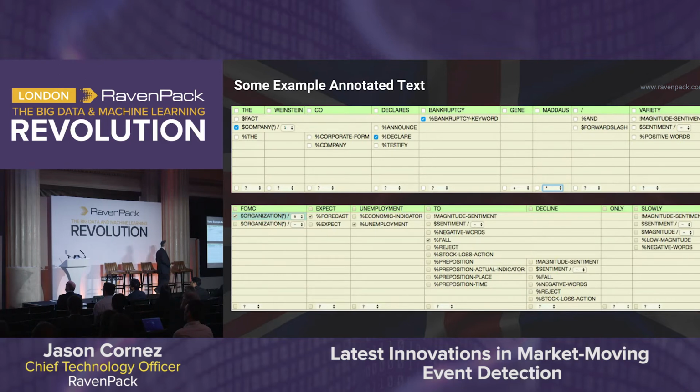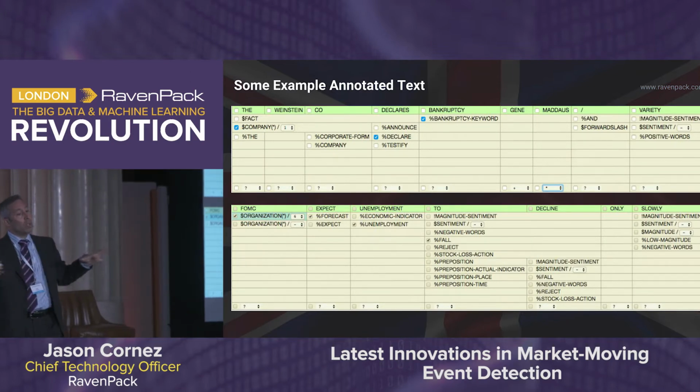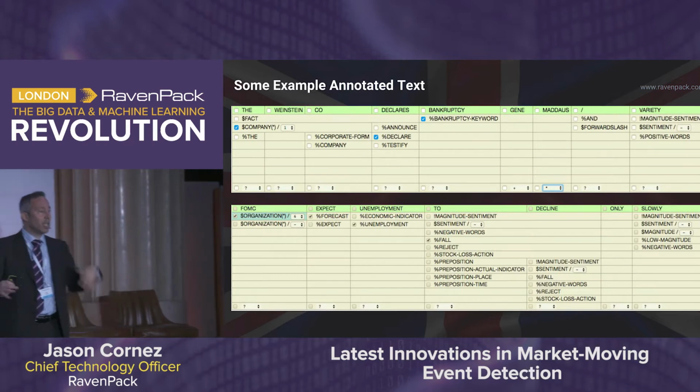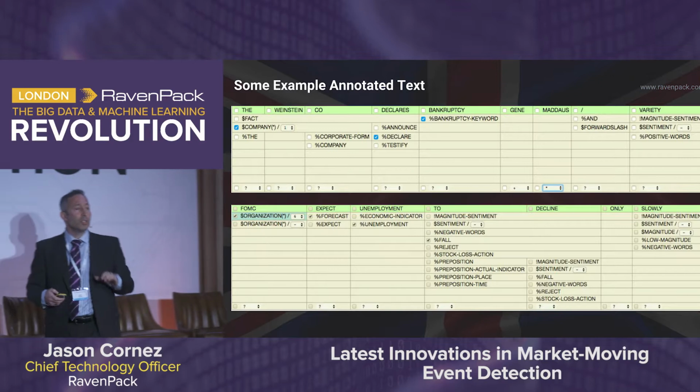And the bottom example you see as well, to decline is a negative thing. It's also falling. It could be rejection, things like that. Lots of different ways. So we start with the text, we annotate it, and then we can match it with the patterns. Right? So this is what we're doing